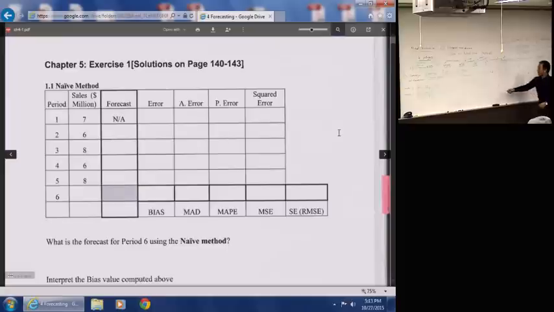So 60.5% for the R squared. What it means is that